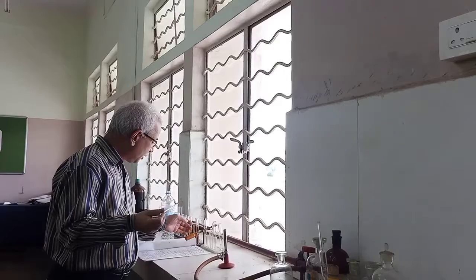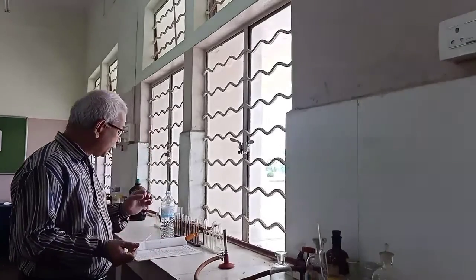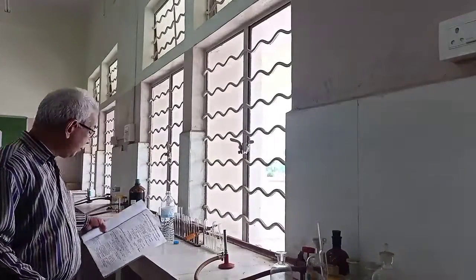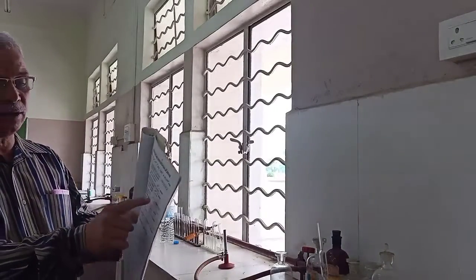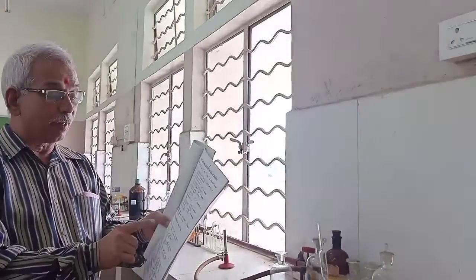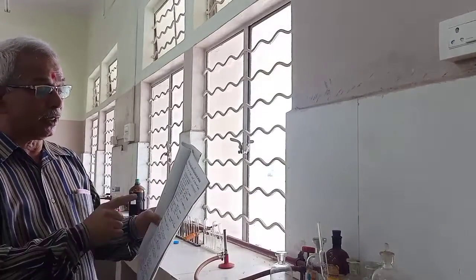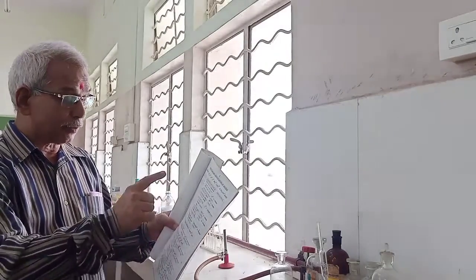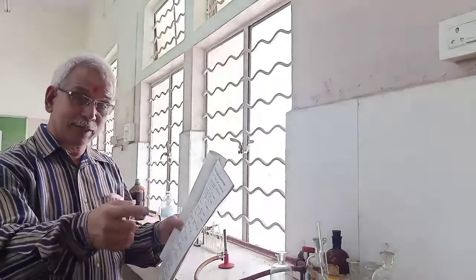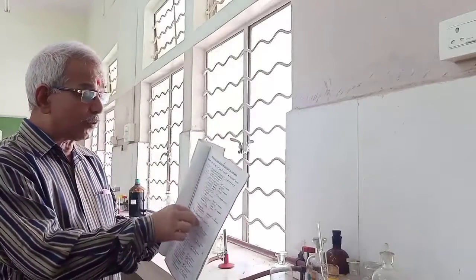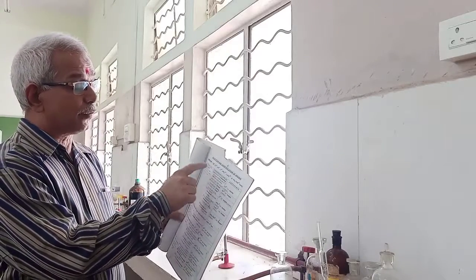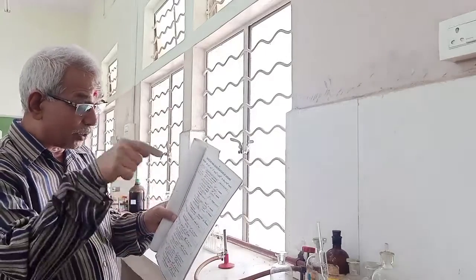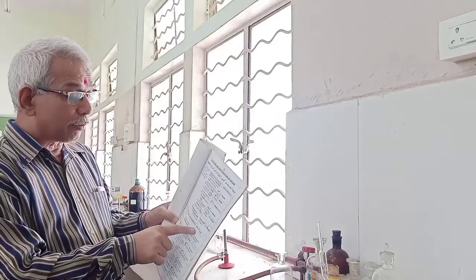So a pungent gas is coming which gives white dense fumes. Then I am guessing chlorine may be present. Because brown gas is not there, violet gas is not there, light brown is not there, effervescence is not there, and colorless gas with vinegar smell is not there, only this result is obtained. So what is the conclusion? Chloride may be present. To confirm that, I am going for the test for chloride radical.